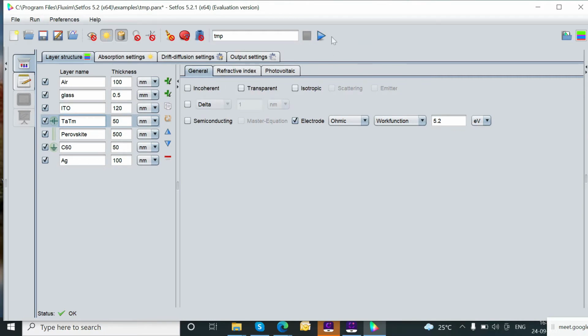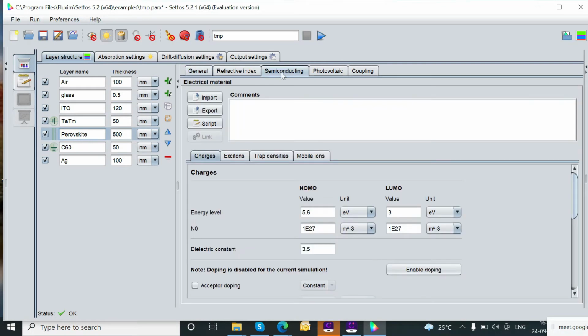Here I define the work function for my whole transport layer, that is 5.2 something. And similarly for the C60 ground electrode, I would like to define it as 4.1. Now this is the work function that I have specified.